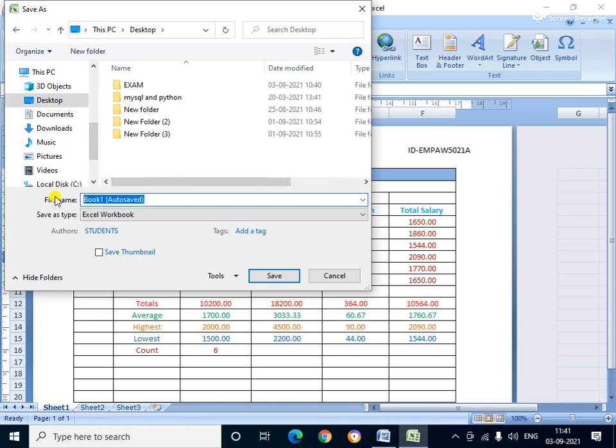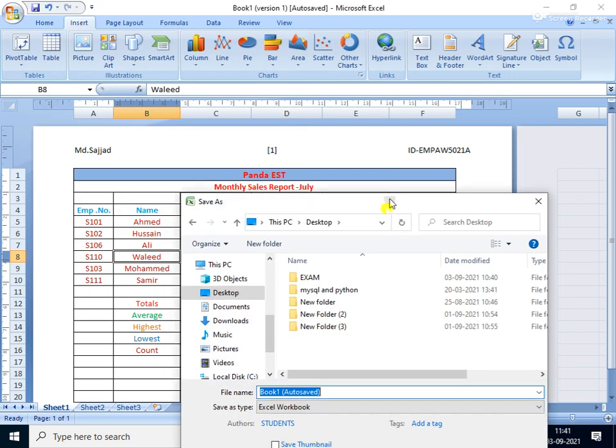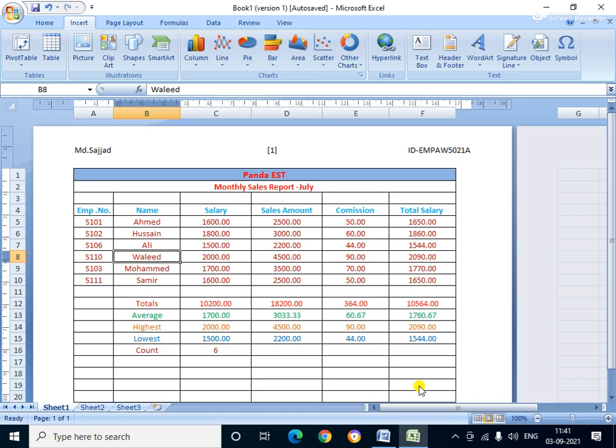The name of the file is panda, panda ust. Okay, then after this click Save. Once you save your file, this question is completed and we have successfully solved it.